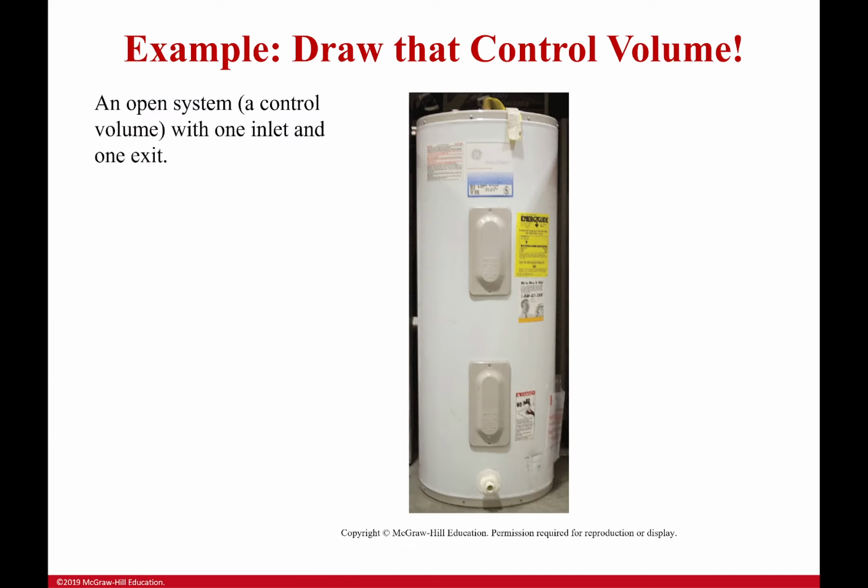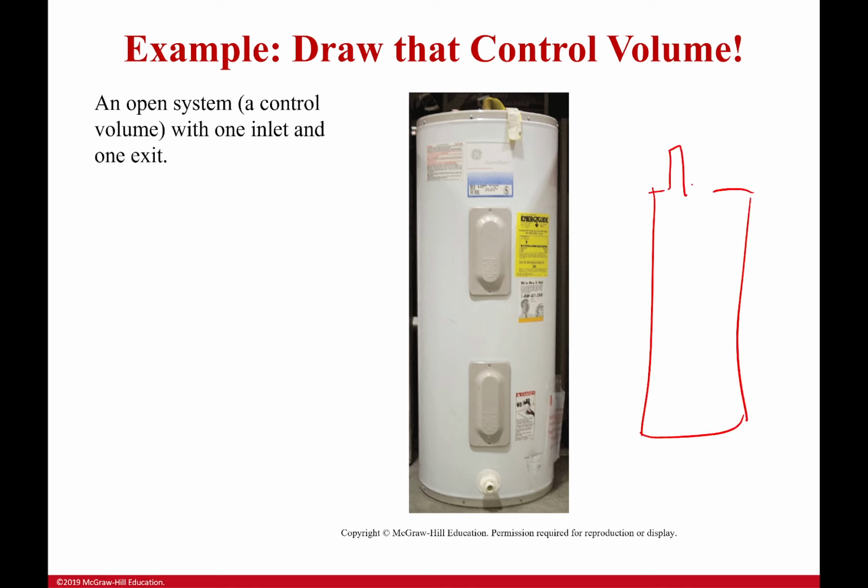Let's try another one. Okay, so we got another open system. It's got one inlet and one exit. Where are those inlets and exits? Well, this is your hot water heater, so they're usually on the top. You got cold water going in, you got hot water going out. So how are we going to draw our control volume? Well, I'm just going to draw a rectangle,